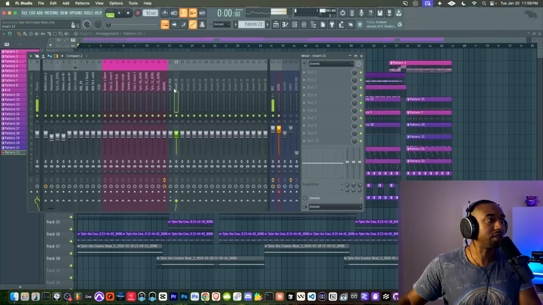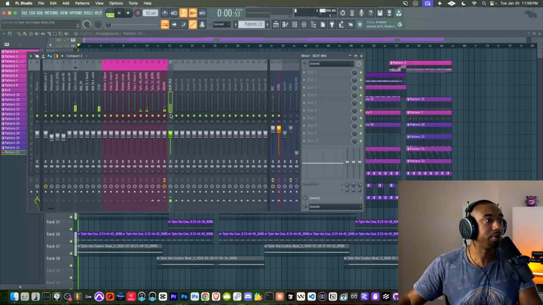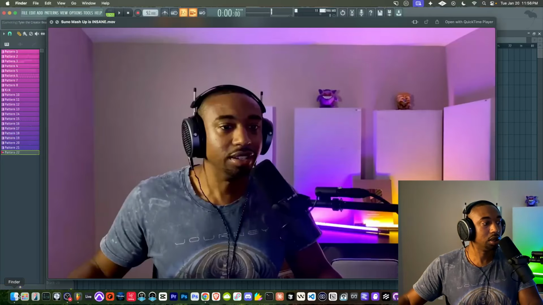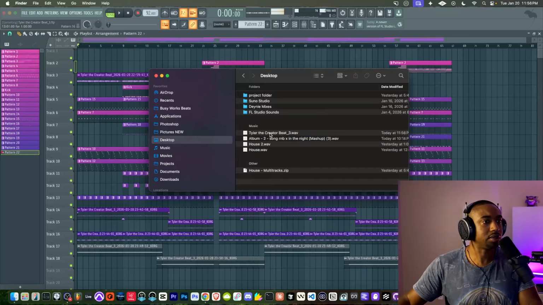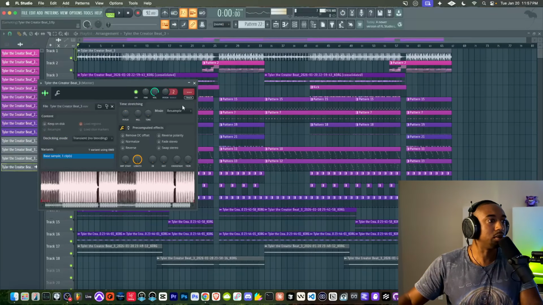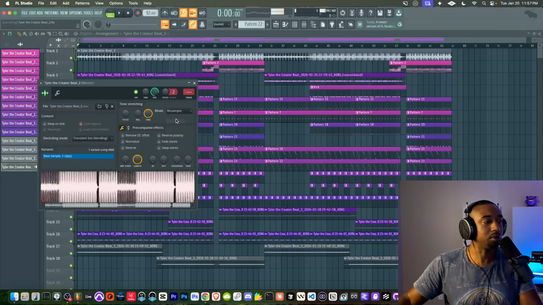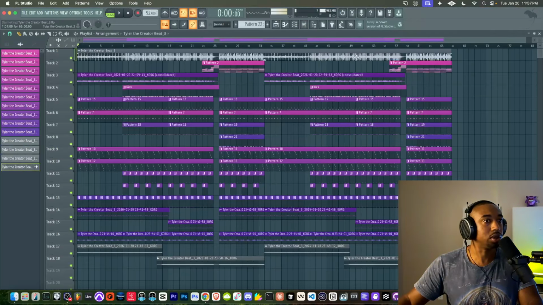From here, I'm going to route everything to the beat mix. That way, when I drag in this new file, I can just mute the entire beat and we won't hear it doubled. Whoops. All right, so let's go to the desktop and let's find the beat, drag it in, double click. Let's go to mode, stretch mode, switch it back to resample. What it's doing is giving it a time value. Okay. So now when I mute the beat mix, we should only hear this new track.